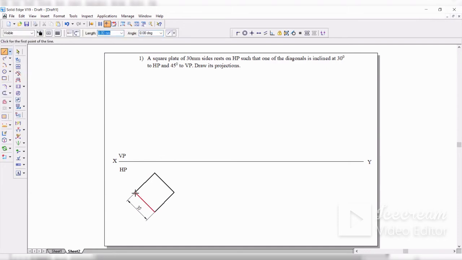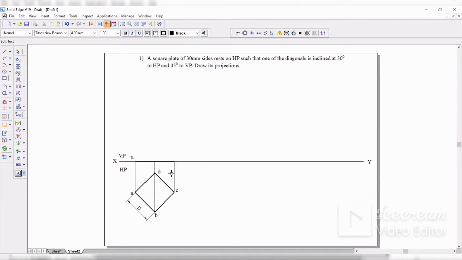Now let me draw the projections upwards. One from here. Now let it be normal line. Since it is a projection line, everything should be light line. So I'll draw from here to here. All three projections I have drawn. Now finally, the front view also. The front view is to be joined from point to point. So from this point to this point, I have drawn the line. Now let me name the values of all the points. So this is A, this is B, this is C, and this is D.